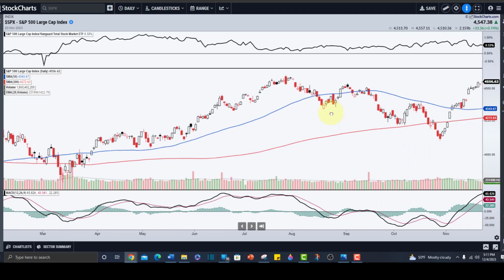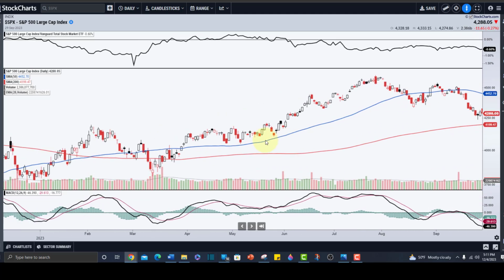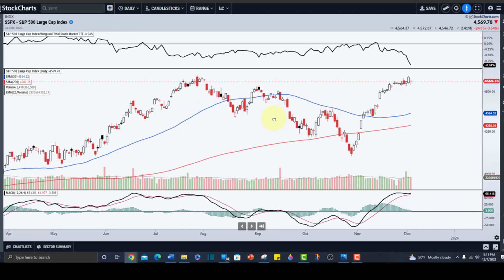And then inevitably, this was the nice trading rally we had in the spring and early summer of 2023. Inevitably, the market undercuts its 50-day like it did here in mid-August of 2023. When it undercuts the 50-day, then that's a caution. That's when we need to be careful, and we need to look at the body of stocks and try to determine if a new downtrend is starting.